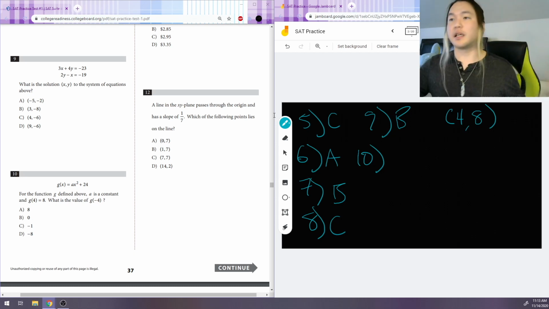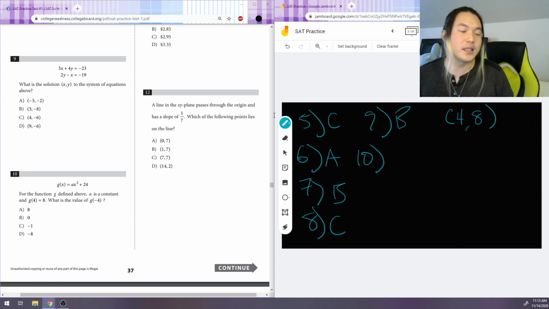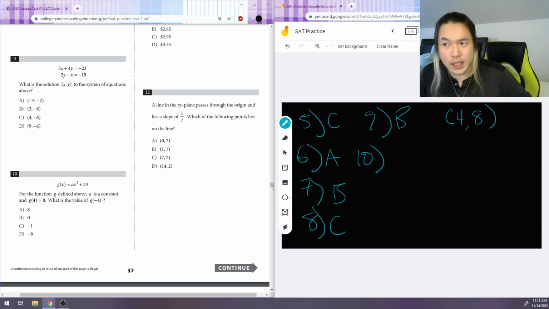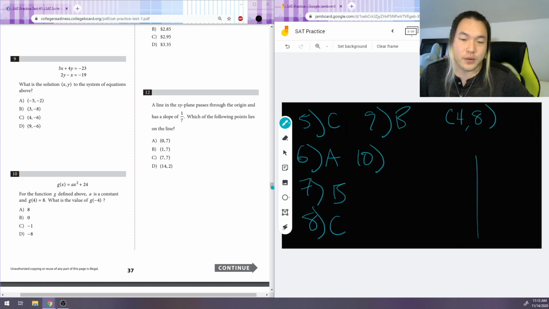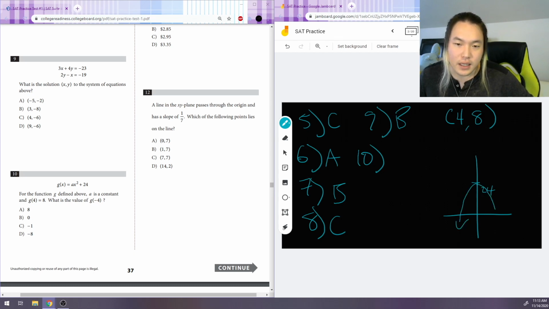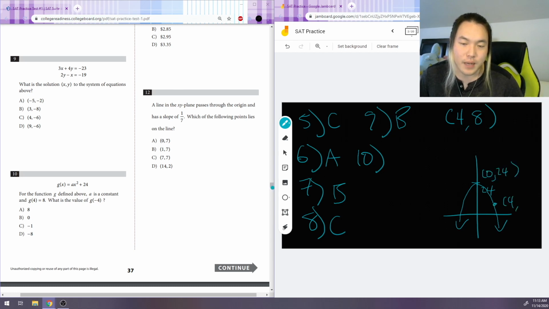So the College Board has a very smart, quick, intuitive way of solving this one. They want you to recognize here that ax squared plus 24 is a parabola, and specifically it's a parabola that mirrors perfectly across the y-axis. Actually, I think this one heads down, if I remember correctly. I mean, it must, right? Because we have a point here at 0, 24, and then we also have a point here at 4, 8. And they want you to recognize that,